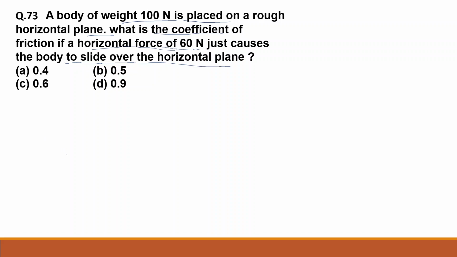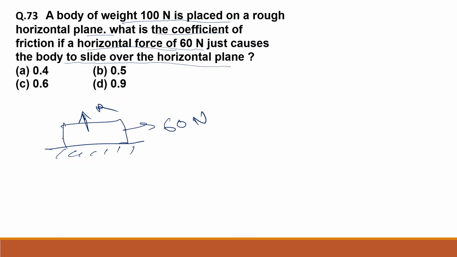सबसे पहले मैं डायग्राम को ड्रॉ कर लेता हूँ। एक बॉडी है हॉरिजॉन्टल में, 60 न्यूटन इधर से फोर्स लग रहा है, तो फिर रिएक्शन अपने को ऊपर देखने को मिलेगा और कोफिशिएंट ऑफ फ्रिक्शन इधर आएगा, म्यू, आर। तो नीचे की ओर डाउनवर्ड में अपने को वेट लगाना है, बॉडी का जो वेट है 100 न्यूटन है। तो फिर सिंपल है, आर का वैल्यू तो दिया हुआ है, गिवन, तो आर इज इक्वल टू 100 न्यूटन।